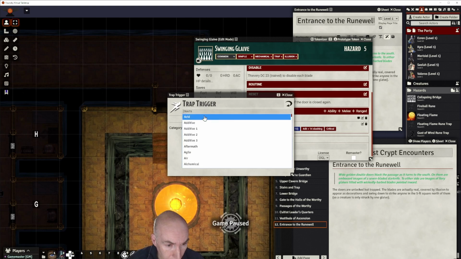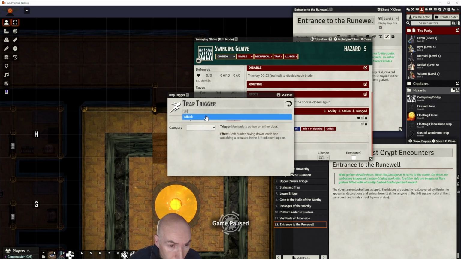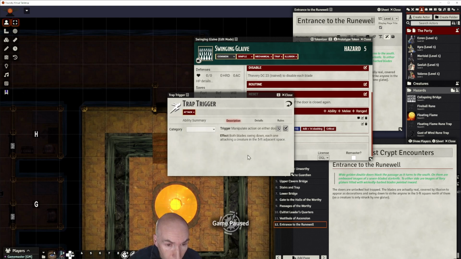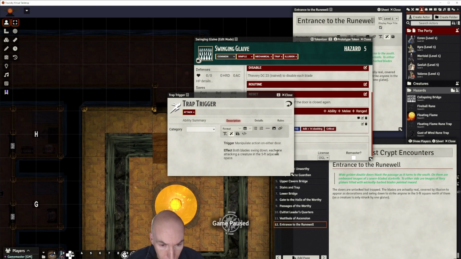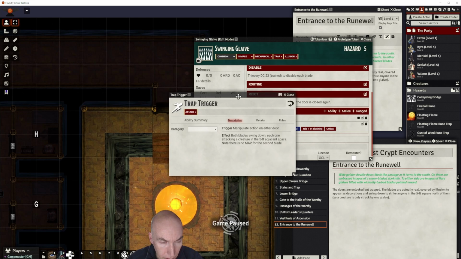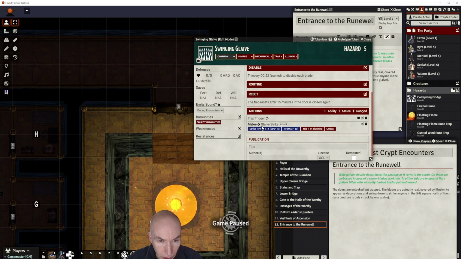Trait, an attack, it's got the attack trait. And then we'll do a note, just to clarify there are no multiple attack penalties. They attack independently. Yeah, so we've got a trap trigger, and then there's a melee strike,